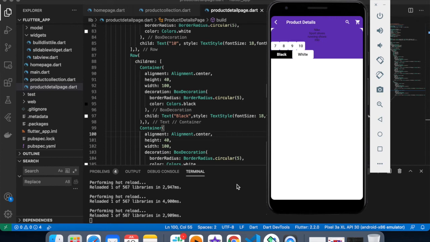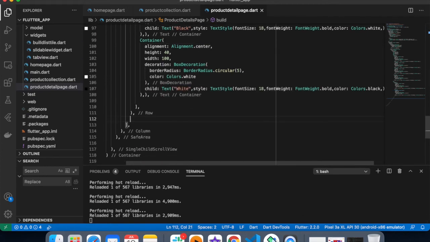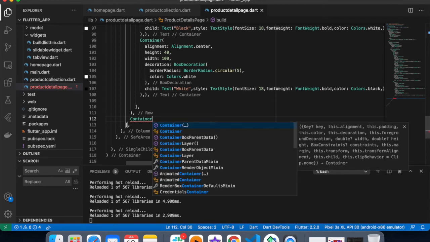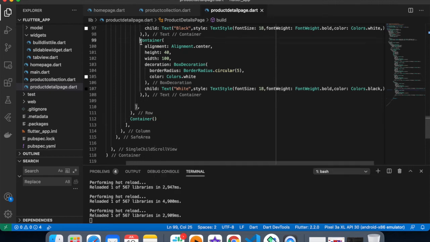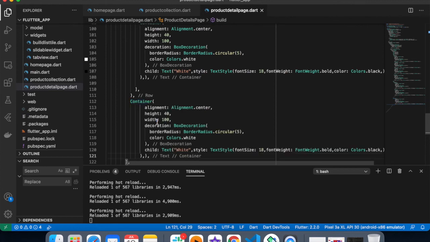Now comes to the hero widget part. I'm giving one container. Just create one button, that is add button, outside the row, not in the row, because rows put things in a row and columns put things in a column. So basically we have to be very careful while working with row and column, because it sometimes creates confusion while creating things.